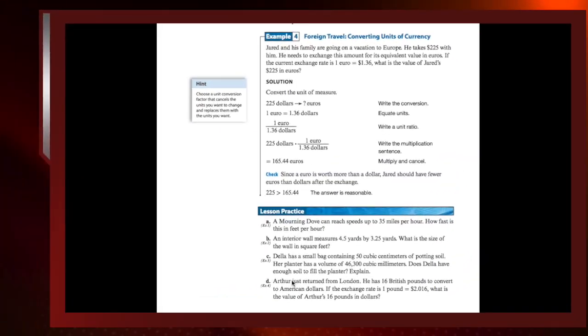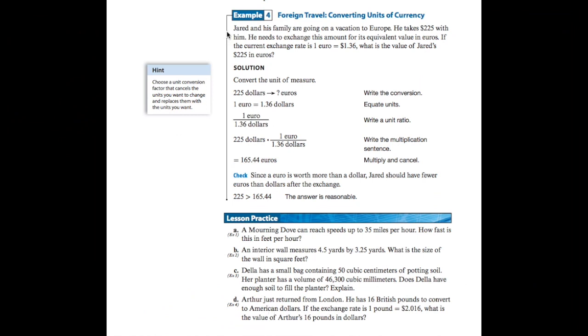Letter D in your example problem refers to what was done in example 4, how to convert currency. Again, you're using a unit of measure to do the unit analysis and equate those units, and then by multiplying, converting those units. Arthur just returned from London. He has 16 British pounds to convert to American dollars. If the exchange rate is 1 pound equals $2.016, what is the value of Arthur's 16